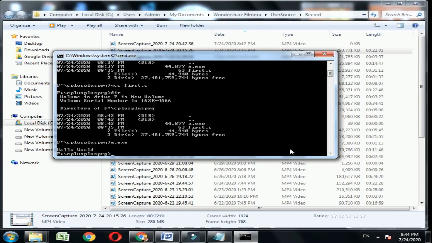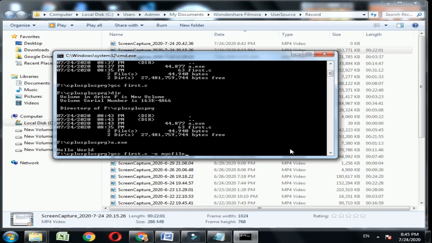If you want to do the entire task using one command, you can type gcc, file name first.c, write option -o, and the output will be stored in one file. So you have to give the name of that output file. I am giving my C file.